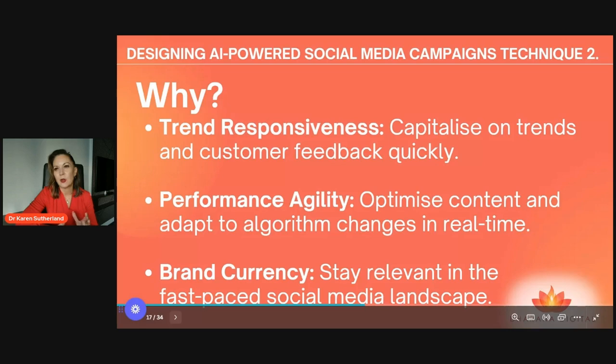And you can always have the content that you've scheduled, that you have planned ahead for, but there are going to be things that pop up that you really need to jump on straight away, particularly if you're talking about an issue or a crisis that's relating to your organization. That's something that you need to know is happening, so you can jump on it straight away and address it. It allows you to optimize your content as well, so that it responds to what's happening in real time.